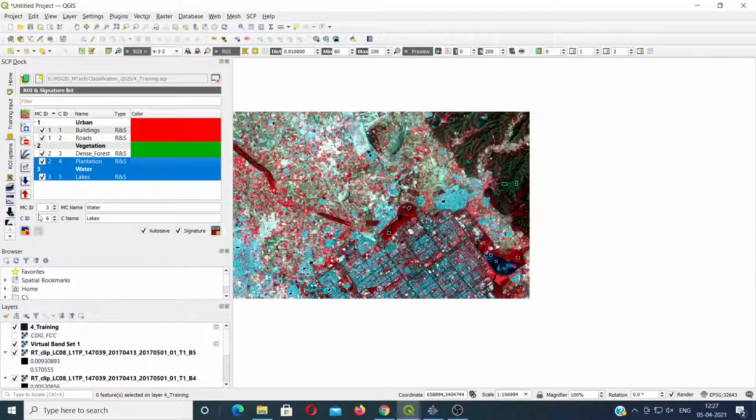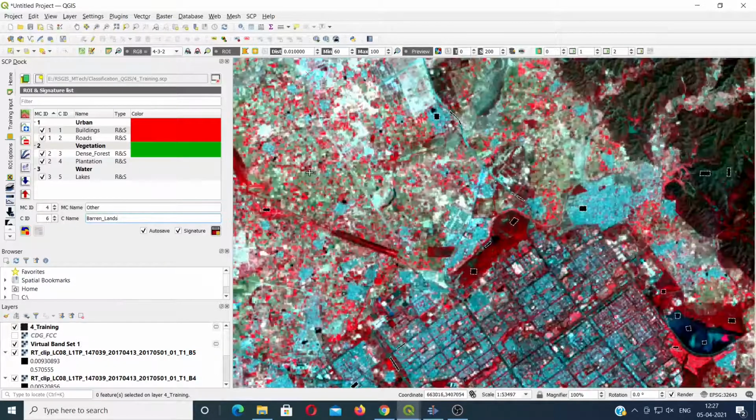Okay, then the last category I'll consider as 4, other land use type. So here I'll choose it as barren lands and then start taking the ROI.